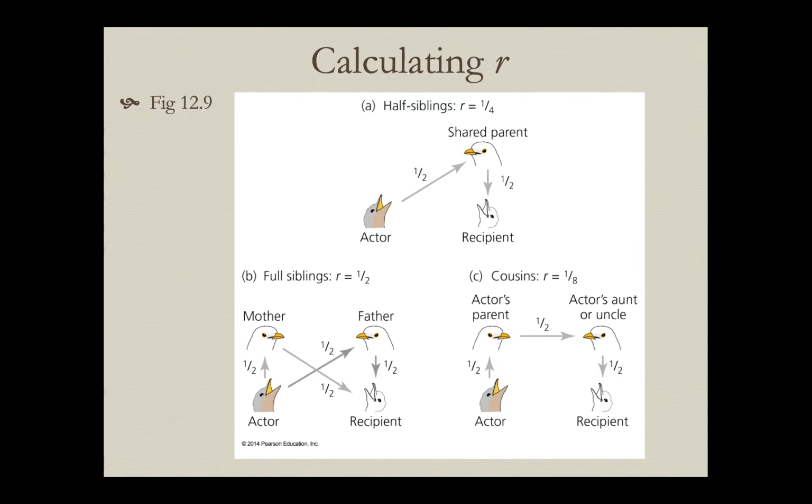So why are half siblings a quarter? Well, here, if you're the actor, if you're the altruistic individual, and you say you're going to help mom and dad raise other siblings, but you only have one shared parent, so this is really a half sibling. So maybe this is dad, and dad's got another mate, and so mom is unrelated. Your relationship to dad is a half. Remember, parent offspring. And then here we have the parent offspring, which again is a half. So a half times a half is a quarter. Now let's look at this and bring it down here.